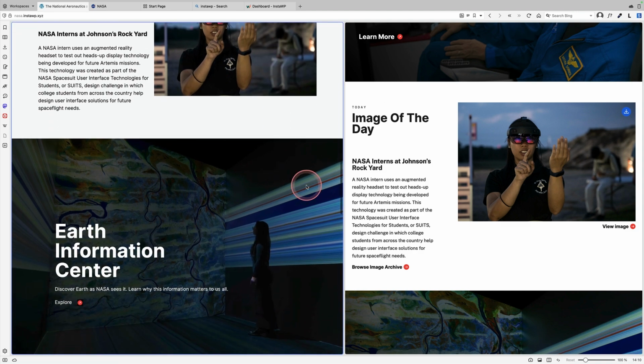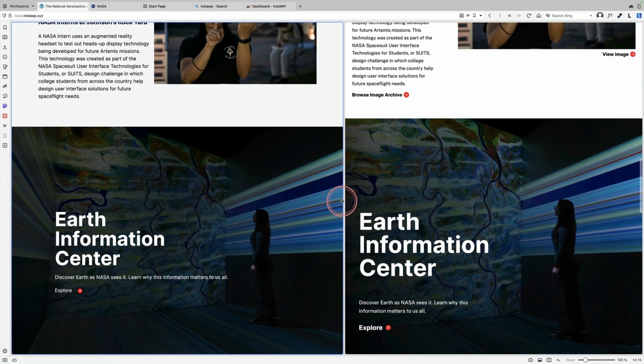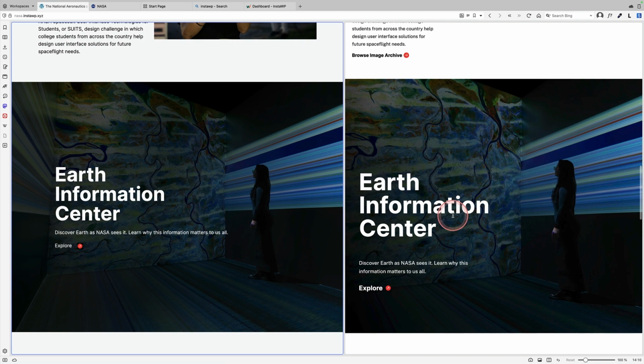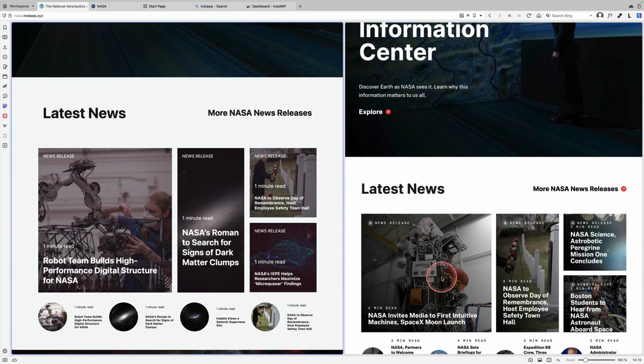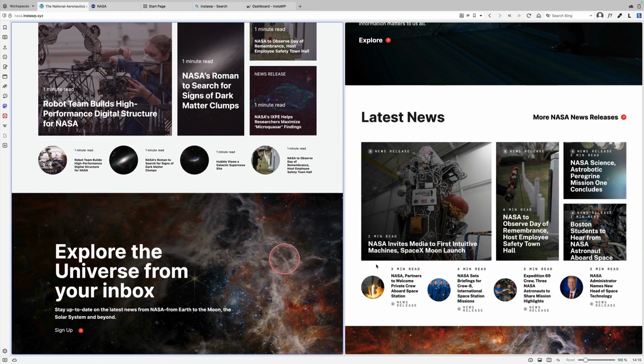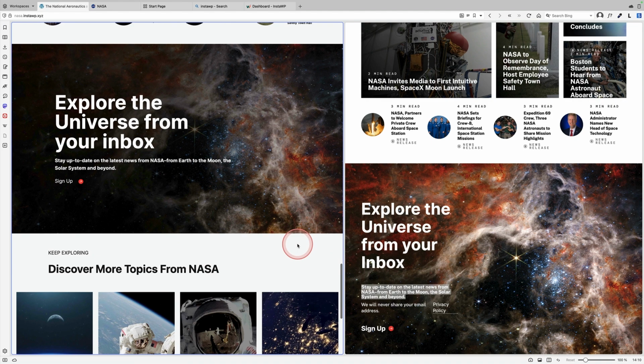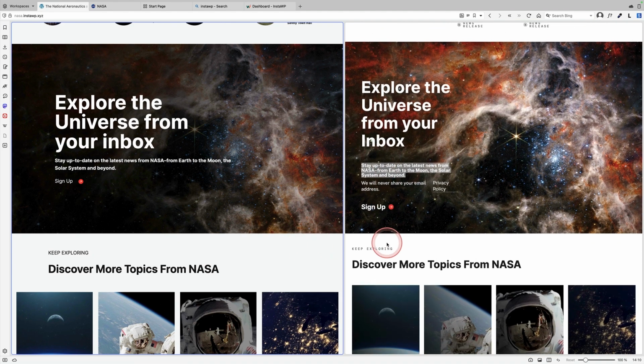It still looks good. Then we've got another hero section down here, the Earth Information Center section. And that's pretty good. Again, some spacing issues, but not bad. I've got the main thrust of it. Then we've got basically just a replication of some of the other sections, the post grid. And I would just increase the offset if I was doing this for real. Then we've got this section here. I probably need to change the opacity on the overlay. Apart from that, it's not bad at all.